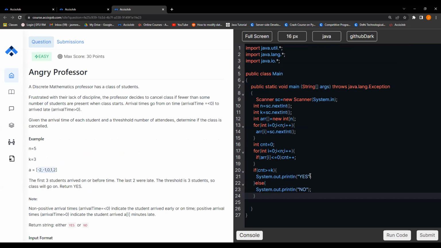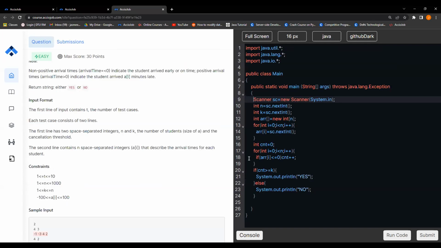So this teacher will start the class only if the threshold number of students have arrived, right? Else he won't. So we only need to figure out whether the class will be executed or not, right? Now I can say कि ये algorithm समझने में किसी को दिक्कत नहीं आई होगी, right? इसमें एक चीज जो tricky है वो है test cases वाला concept. Now as of now what I'm asking is कि in this blue highlighted area, any doubts